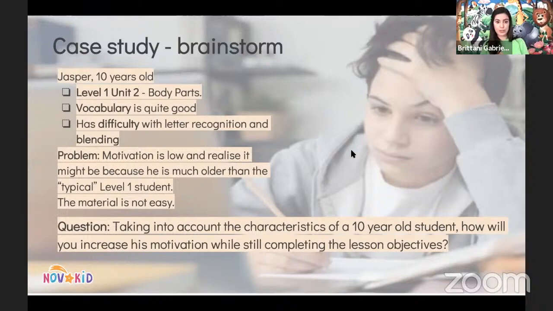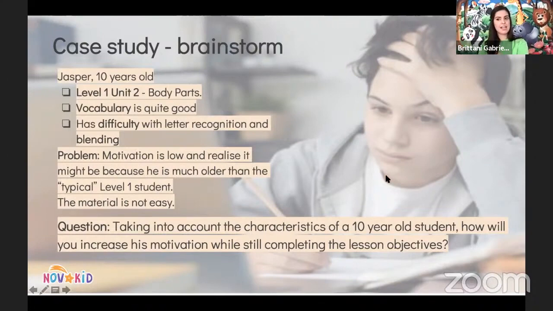Another idea you could use is to have Jasper speak and I will draw, or I will speak and he will draw. And we're working together to practice the lesson objectives, while personalizing it to what he wants to do, but still practicing the necessary grammar.